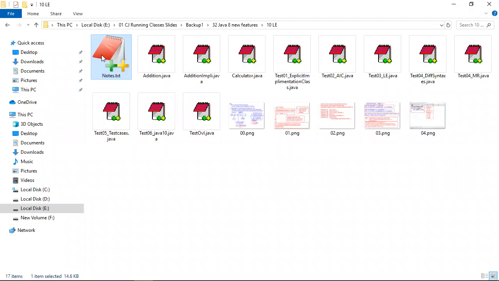Whenever you link a lambda expression to a functional interface, the compiler will check that the method parameters match the lambda expression parameters. If both match, then it becomes an implementation of the functional interface. So finally tell me now, what is a lambda expression?